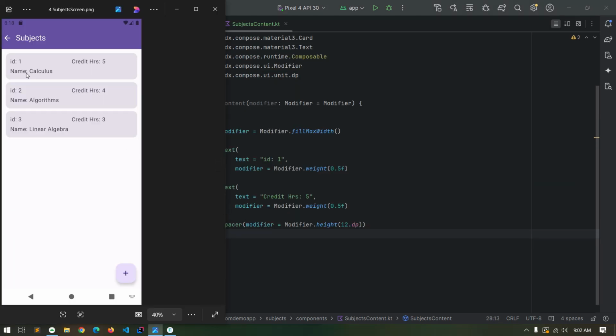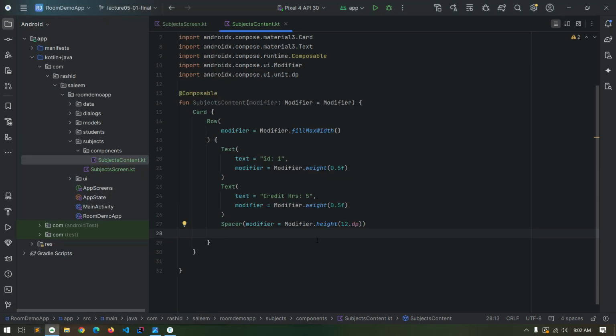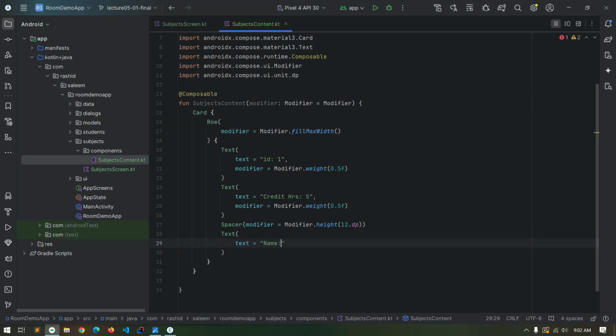And now here we will use another text composable to show the name, the subject name. So text. Okay, and